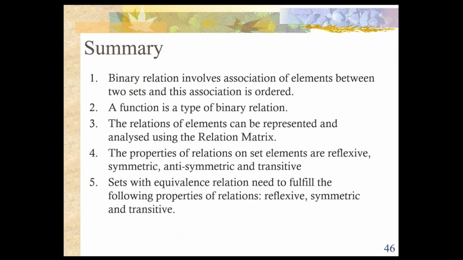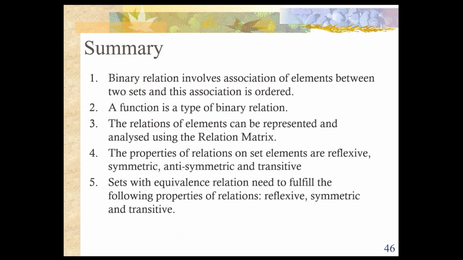A function is a type of binary relation. A function must make sure that it only has one output, that means only one element in the codomain. You can have multiple elements in the domain, but the element in the codomain in the mapping must be exactly